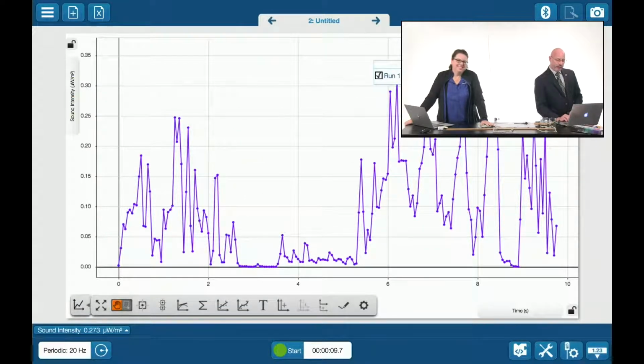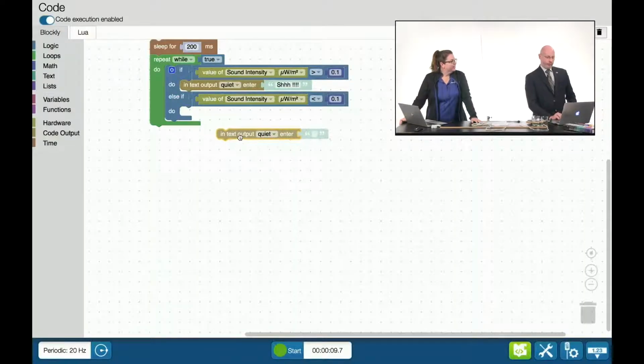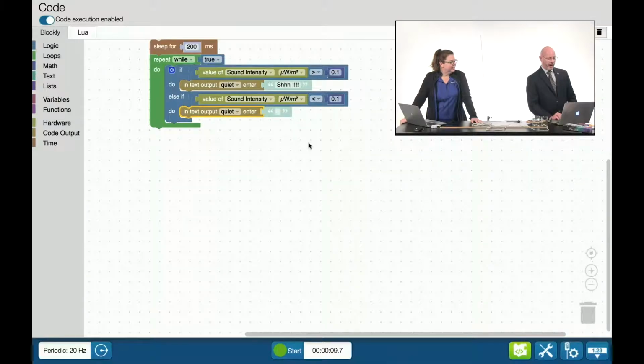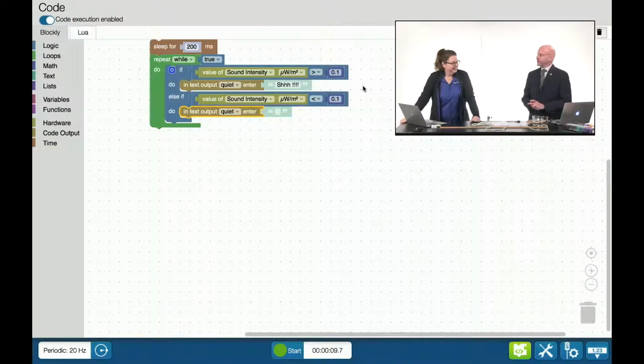We can see that she has a different range. Sometimes Heidi's range is very high, sometimes around 0.2, 0.3. I would like Heidi to always maintain a level that's below 0.1, because otherwise she's noisy. So what I did for me and for my own health, I wrote a program here in SparkView. I opened up Blockly, and I'm writing a program where, when the intensity of that sound is greater than 0.1, it says, shh. Nice. Right. And of course, if it's less than 0.1, I'm not going to say anything.